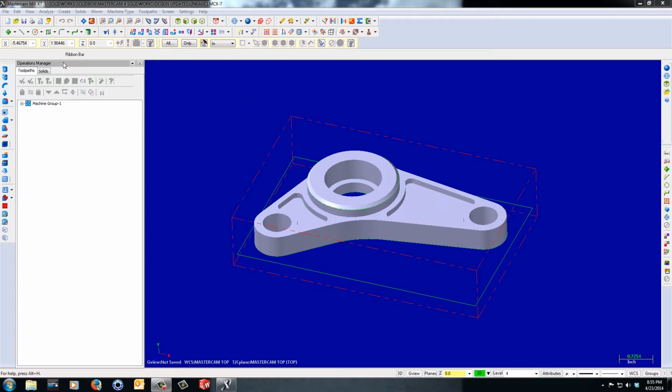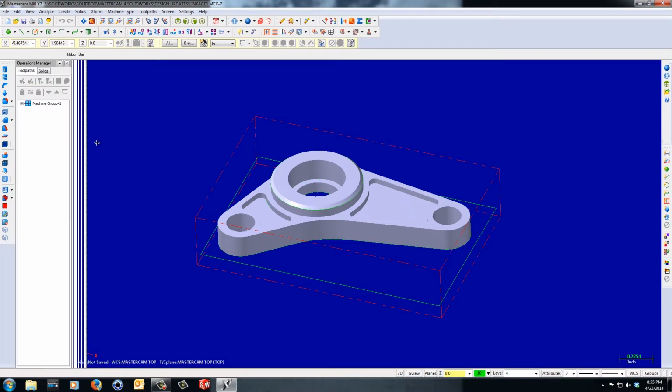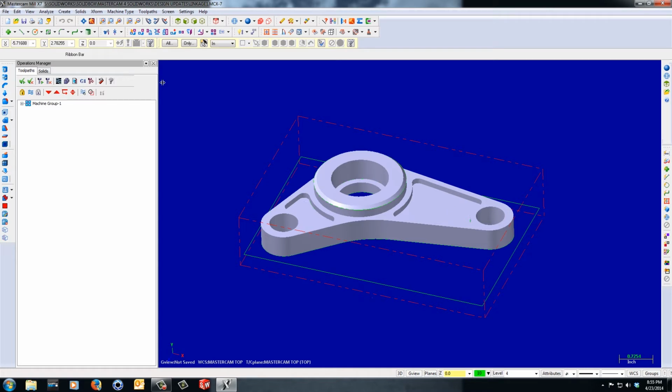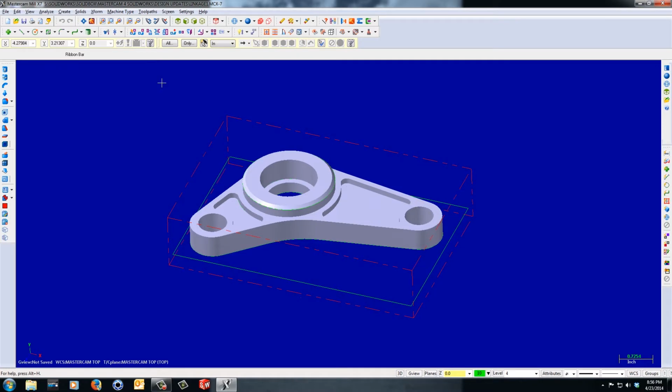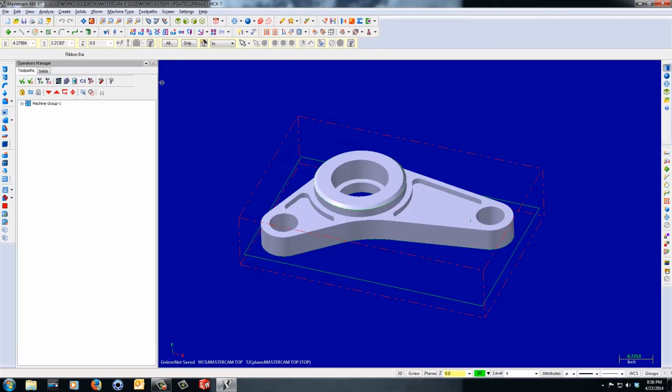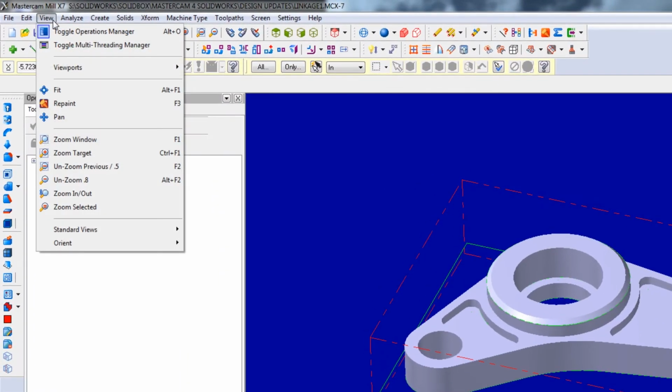So to get started, your operation manager is automatically located on the left-hand side. Now you can drag this and you can make it smaller. You can even close it or open it and toggle that view if you need to. So there's a few ways to do that. If we hold down the Alt key and hit the O on our keyboard, that's going to toggle the operations manager off and on. You can also go up to the View and you can see that we can toggle